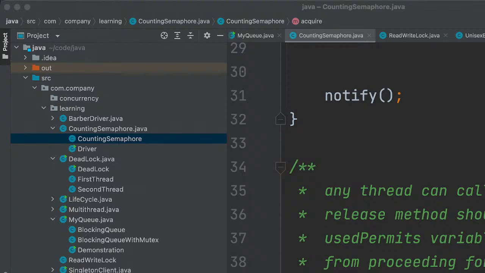It can be any integer, not just 0. For 0, all acquire calls will block, and tryAcquire calls will return false until you do a release. The initial number of permits available may be negative. Okay.